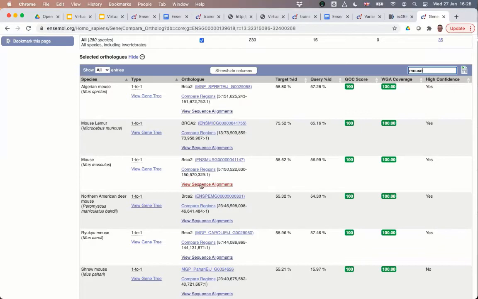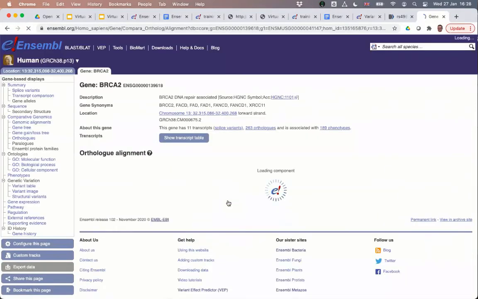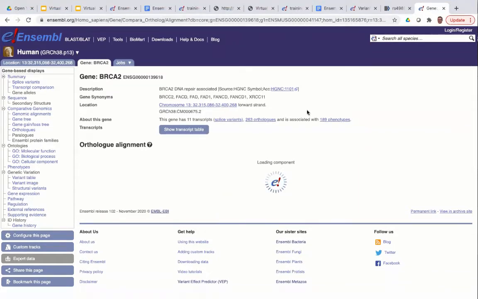The final thing that you can do, if you click on view sequence alignments, if I use the mouse as an example, you can actually view an alignment between the human and, in this case, the mouse cDNA or protein sequences using the pop-up window. So if I click on view cDNA alignment as an example,